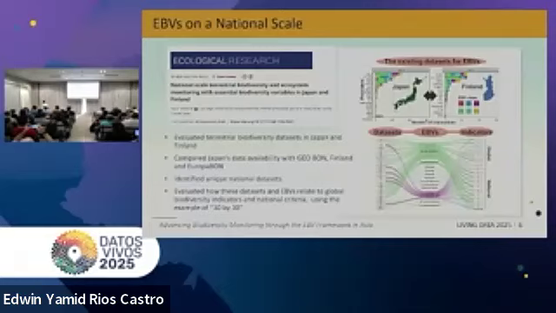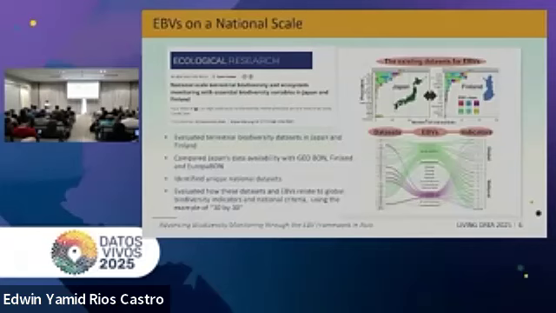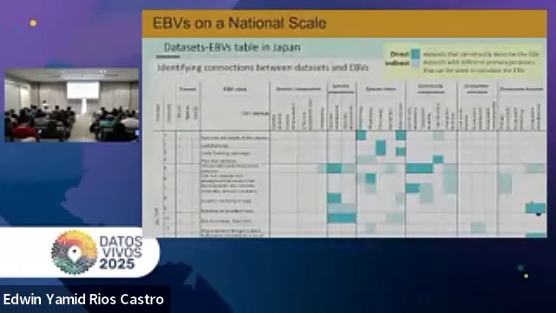Especially, we compared Japan's data availability with GEO BON, and Finland's with EuropaBON, and we identified unique national data sets in Japan. Then we evaluated how these data sets and EBVs relate to global biodiversity indicators and national criteria, using 30 by 30 as an example.